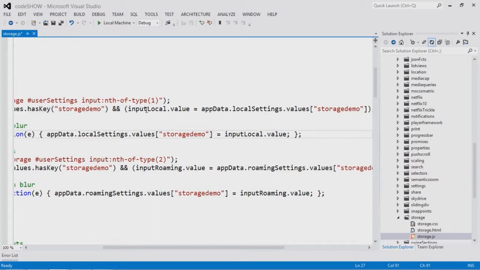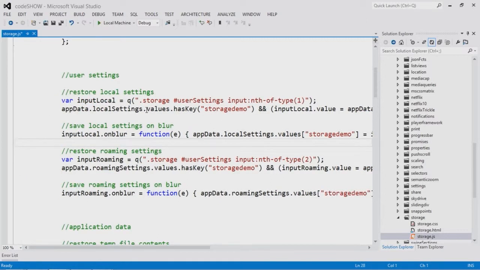value, and we drop it here under app data, local settings, values, and then we create whatever key we want. So in this case, the term storage demo is going to be the key that we use to save the value in the local settings. Okay? This is just like a big dictionary. You can add whatever values to it you want, and in that value you can drop in there whatever you want. Okay? There is a size limit in the local settings, but you'll discover that when you reach it, like